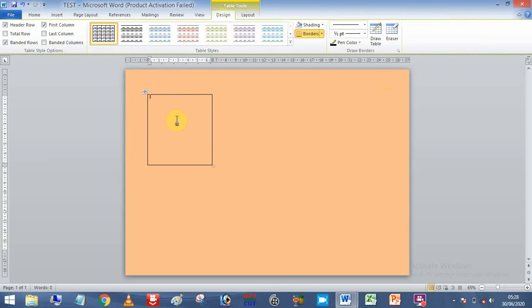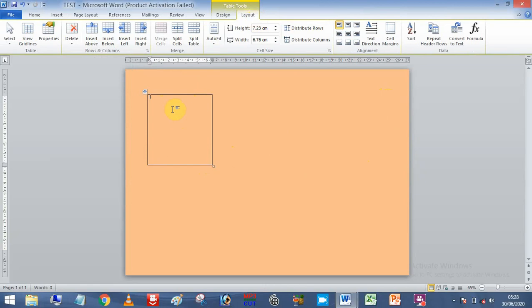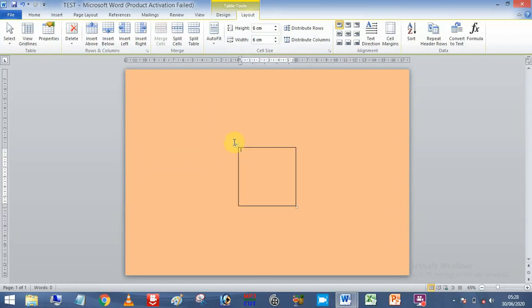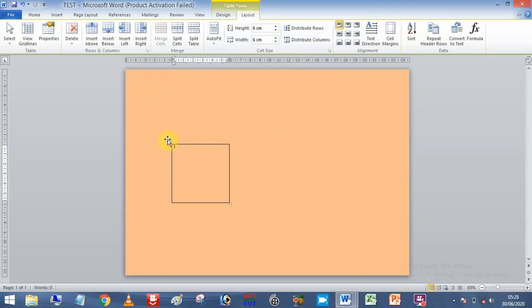You can set that in layout. Go to layout, click in this, select height 6 centimeters and press enter, and width 6 centimeters, press enter. You get a standard 6 by 6.